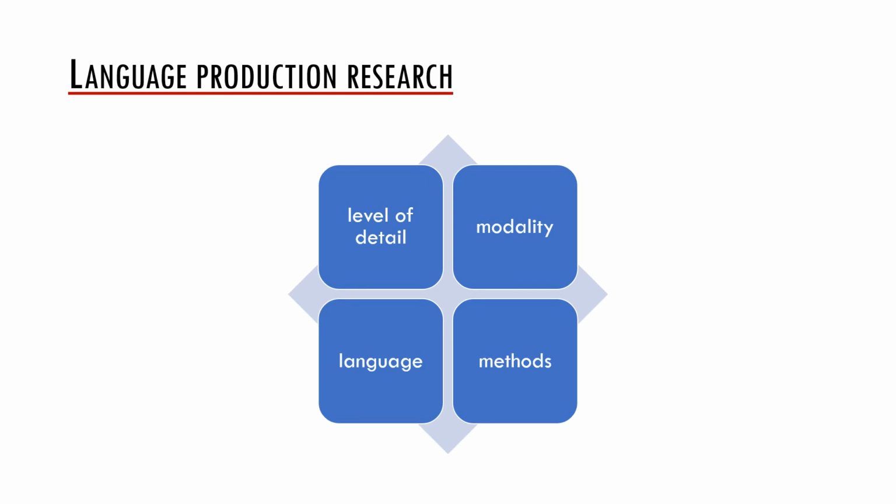The third important thing is the language we focus on. There are various typological differences between the languages, but most of the psycholinguistic findings are based on the research of very few languages, such as English, German, Dutch, or Spanish. Studies focusing on language production in other languages often report somewhat different findings. Cross-linguistic differences thus present a very important issue in the research on language production.